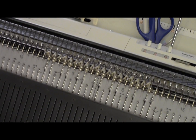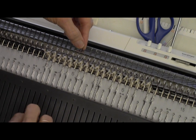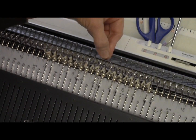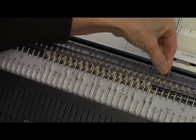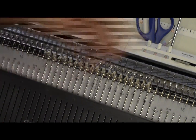Now I get to do my drop stitch. I'm going to take the extra loop, the one in between the 2 ribber stitches, bring it out and drop it all the way across. After you do this a little, you can do this quite quickly. Then I'm going to take my tool and bring up my in-between ribber needles and knit